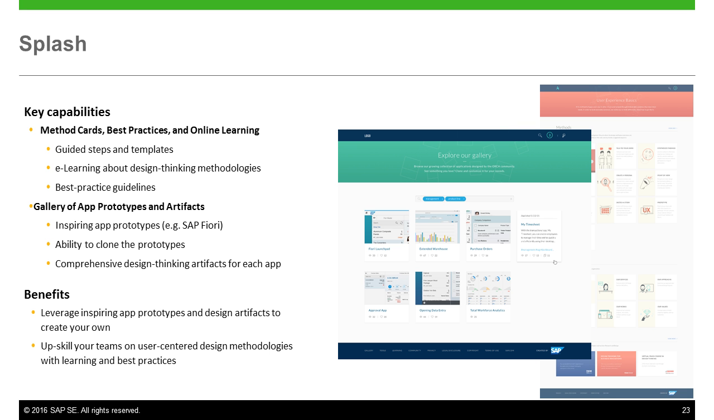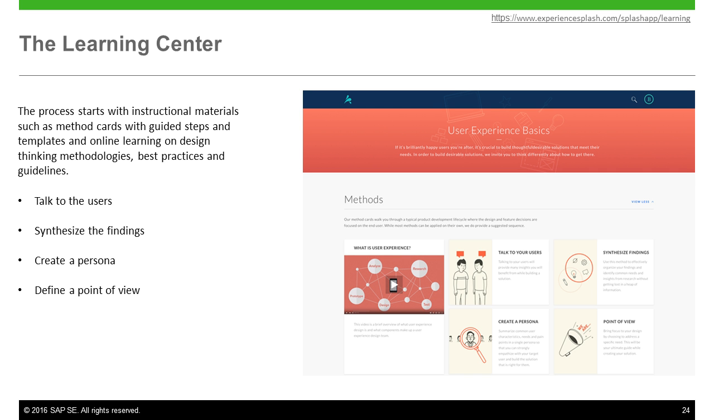It's a website solution. It starts with method cards and best practices. It basically is the documentation tooling. It's got questionnaires and examples for how to use and implement design thinking. So design thinking is the methodology. Splash is tooling that gives you the ability to create and move through design thinking. The cornerstone to me of Splash is a learning center. And you start with, here are the methods,